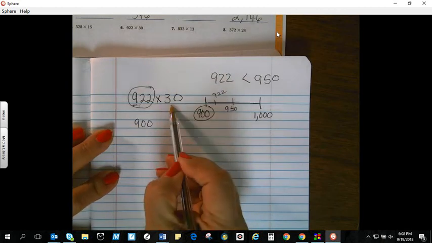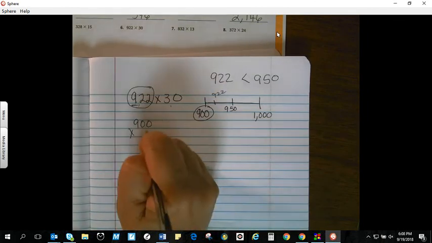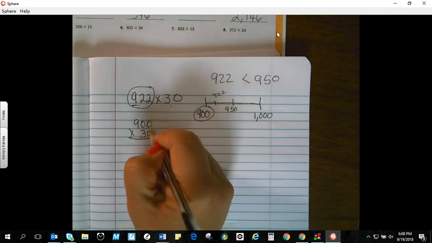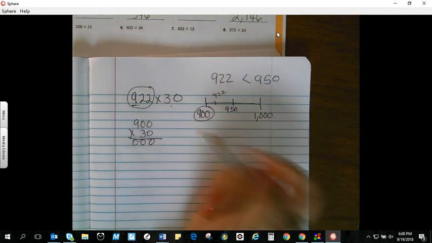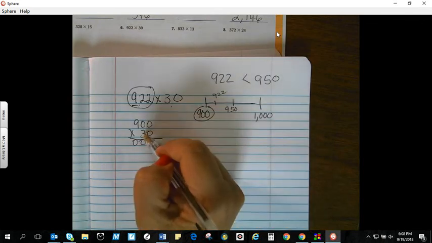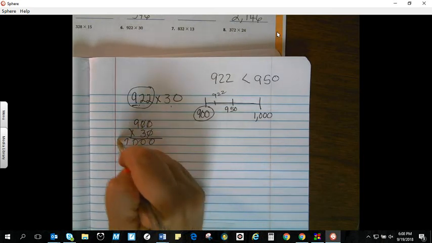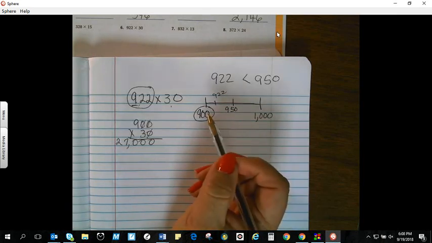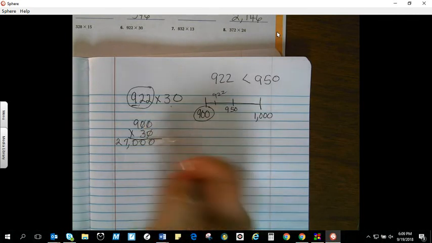Now look at this. 30. Am I going to do anything with the 30? No, because it's already ending and it's right where it needs to be, right? So 900 times 30. I could have moved it out. So I have 1, 2, 3. And I just want to see how we can do it the other way as well. And then, so I've taken care of my zeros, and 3 times 9 is 27. So it's about 27,000. Okay? Does that make sense? All my zeros, I'm going to place those down. The way it would look like